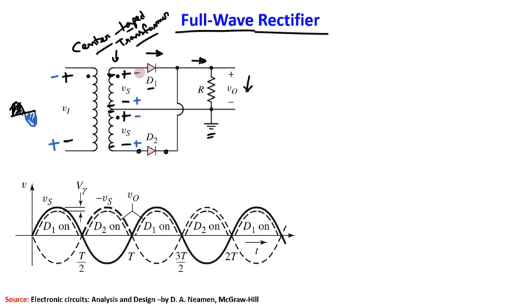Now when this is negative, and you see D1 is connected, the P side of this D1 is connected with the negative, so now this will become open circuit, isn't it? So that means nothing is here. But now here you see this is positive and this positive terminal is connected with this diode, so that means one current will definitely flow, but this current cannot flow through this because this is open circuit.